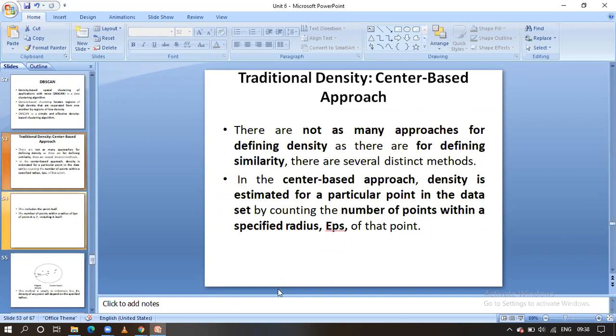It is a simple approach, guys. We start from one point. We take one particular point, and from that point we take one specified radius. We construct one circle for that specified radius. The points within that radius, we form as a cluster, guys. And the point from which we started our radius, that particular point itself we also include, guys.